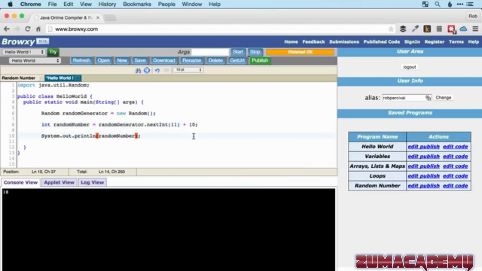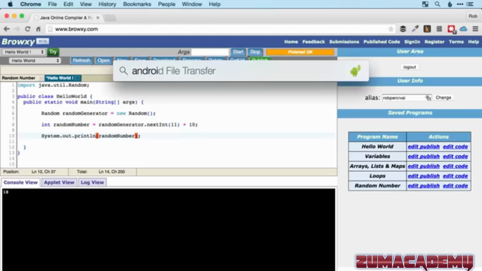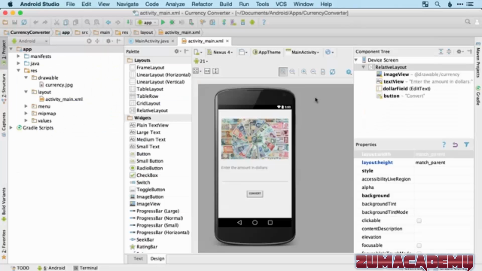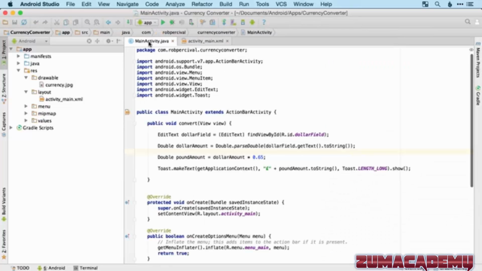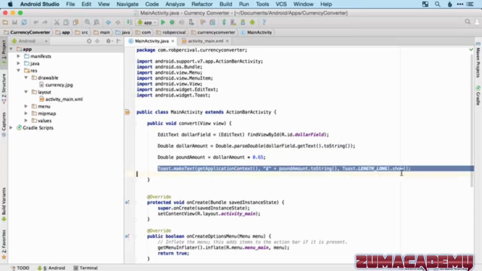So let's jump over to Android Studio just to get you started. And here we are. I've got the currency converter app here just to remind you how it all works. It's been a little while since you've played in Android Studio, so just to remind you, we've got the main layout area here, generally in the design tab, and then our code is over in MainActivity.java, and you'll be using toasts here as well as some of the code that we covered in the previous